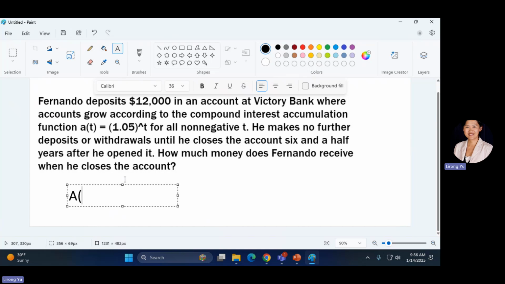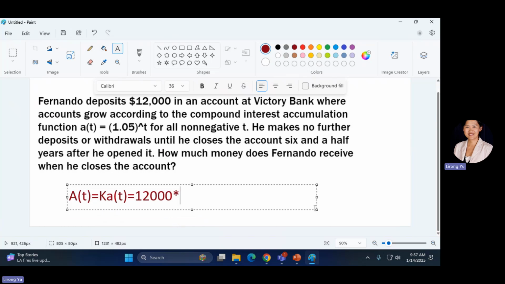The amount of money in the account is A(t), which also equals A times a(t). The amount he has originally is 12000, and then the interest follows